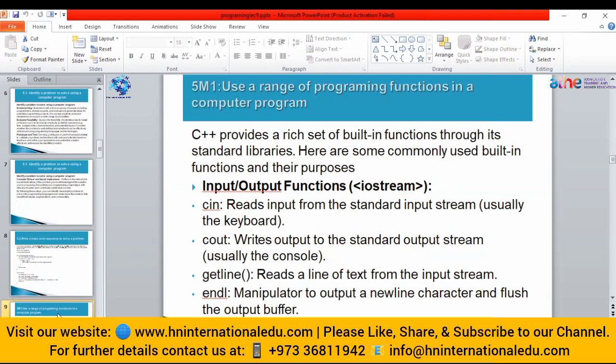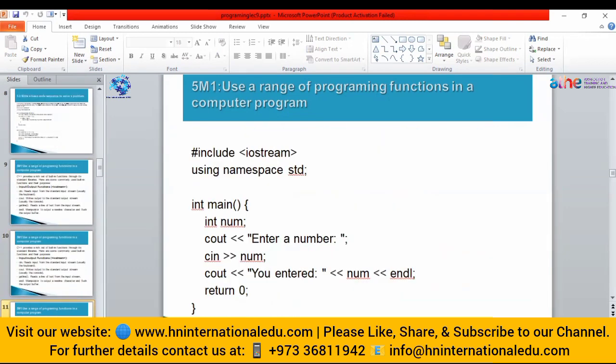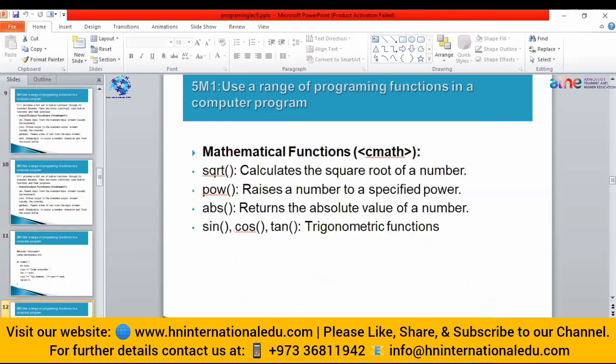We have also implemented that. So like this, if I want to get a number from the user, I will write enter a number and cin will get that. If we want to display, then I will write cout. So this is how we can get that.